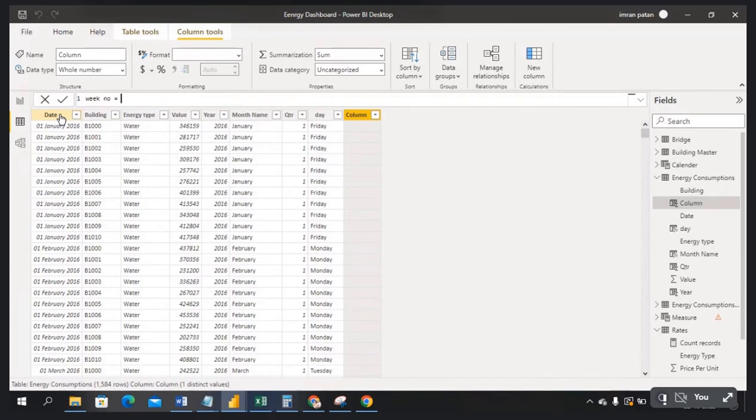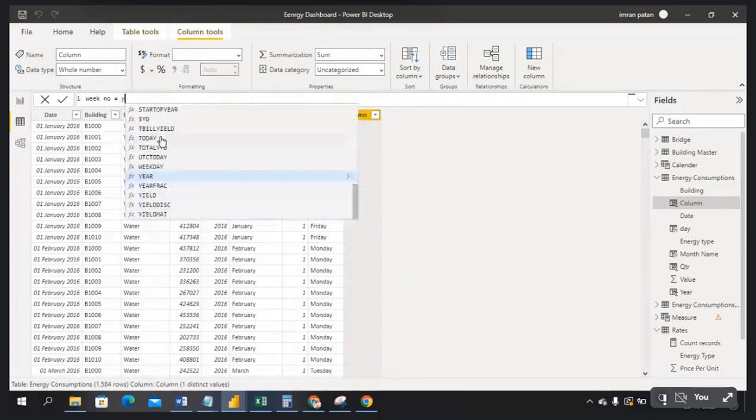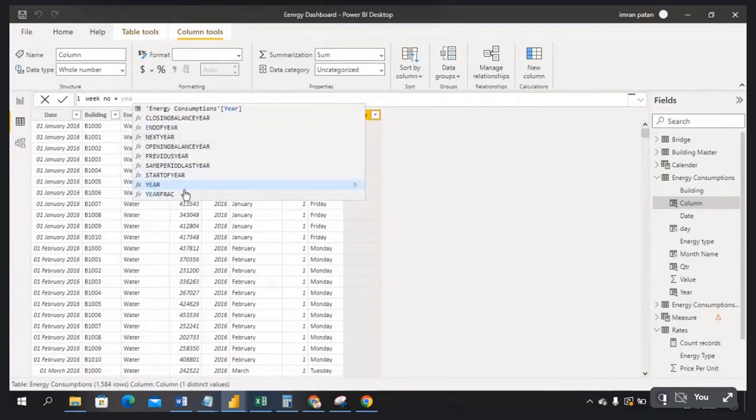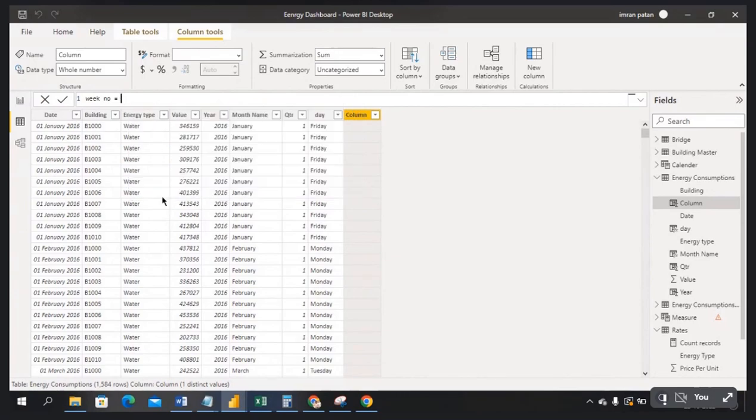Now I'm giving week number as my column name, equals to, you can see week number. Two functions are coming. What you are passing to that, it will give the output. For example, I want year, so you can see year is coming. Fx means function, guys. You can see when I'm giving year, year act. So here I am looking